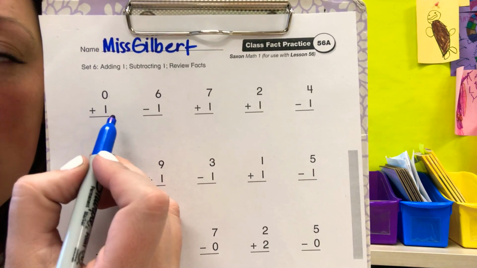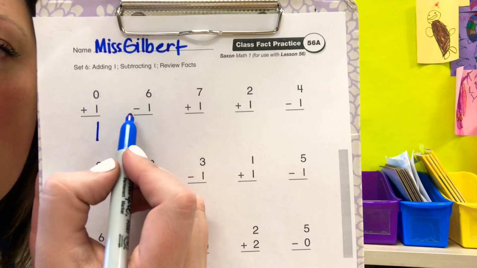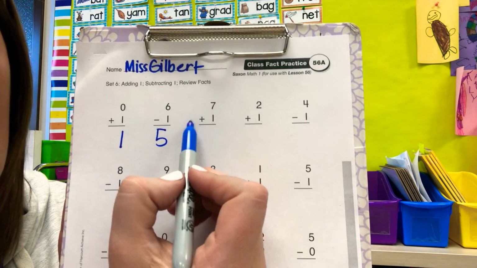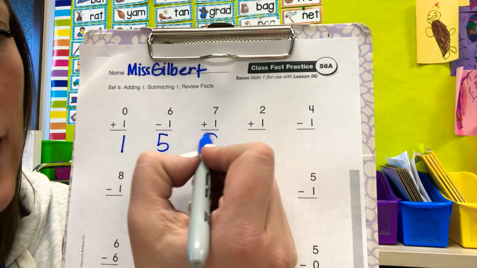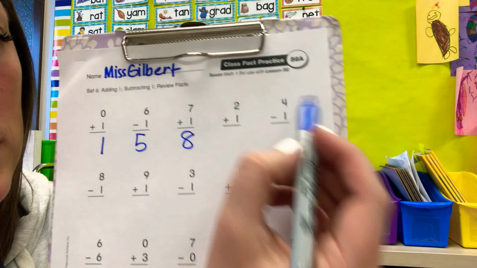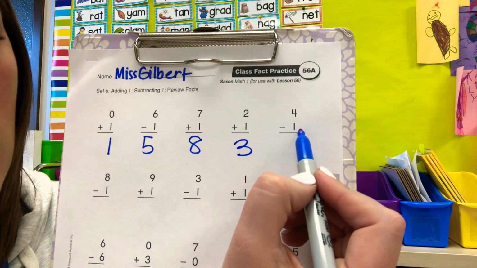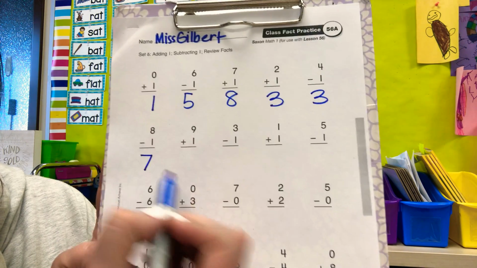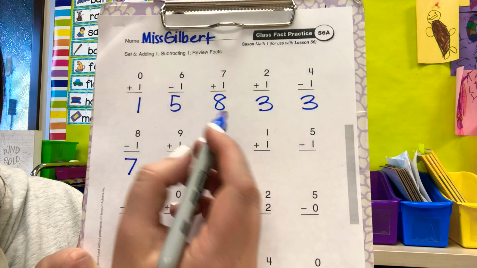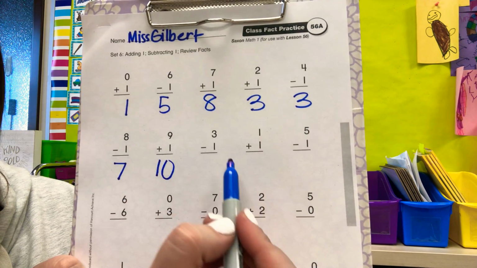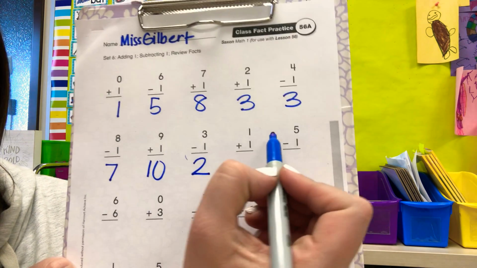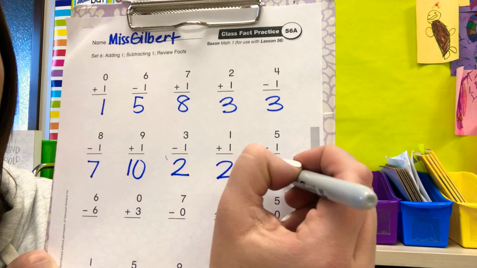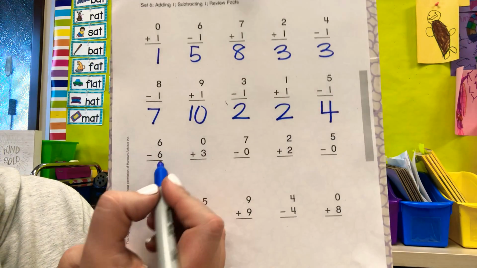Ready? 0 plus 1 equals 1. 6 minus 1 equals, you try to say it before me, okay? 5. 7 plus 1 equals 8. 2 plus 1 equals 3. 4 minus 1 equals 3. 8 minus 1 equals 7. 9 plus 1 equals 10. 3 minus 1 equals 2. 1 plus 1 equals 2. 5 minus 1 equals 4. 6 minus 6 equals